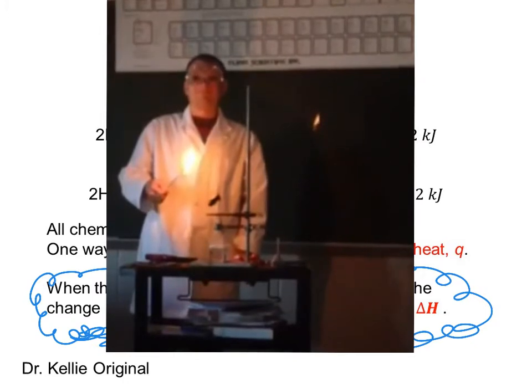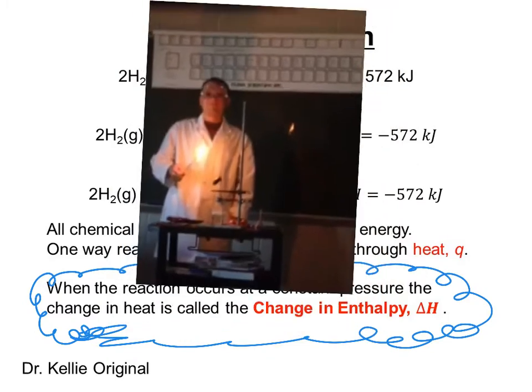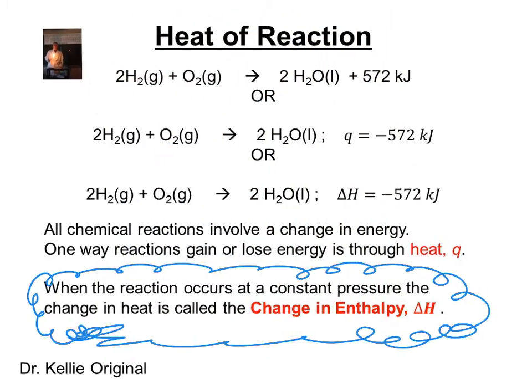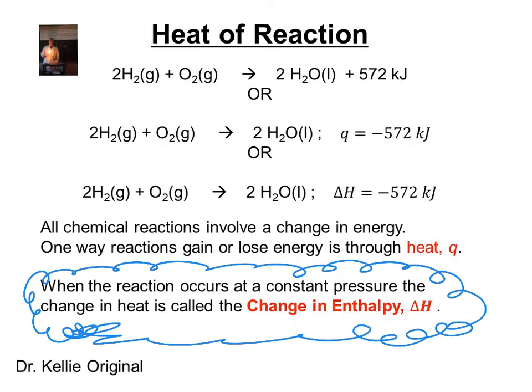All right, thank you for humoring one of my favorite demonstrations there. So we could clearly see that heat was being produced by that reaction. And where do we write things that are produced in a chemical reaction? As a product. There are actually three ways to denote changes in heat or heat of reaction, just in terms